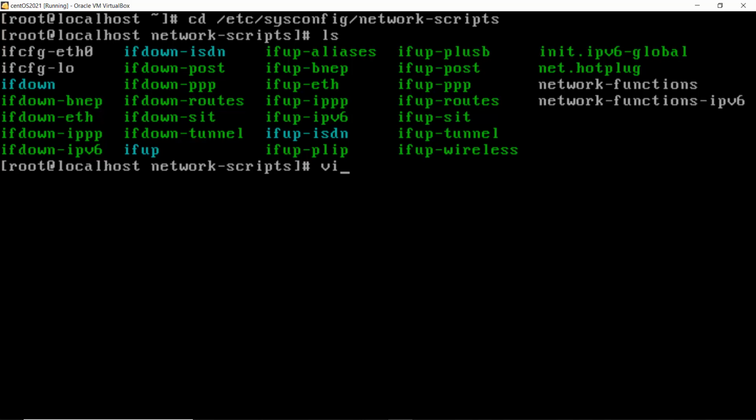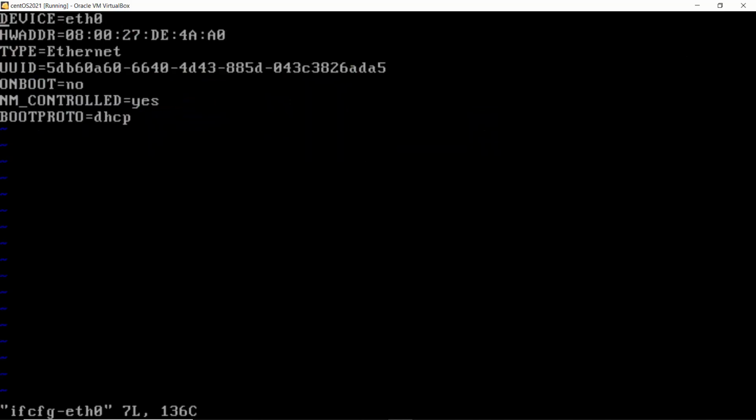Therefore, I'm going to open that file using VI editor. VI space, I'm going to give the file name ifcfg-eth0, and when I press enter, I'm here at the configuration file, and we have a number of lines here: device